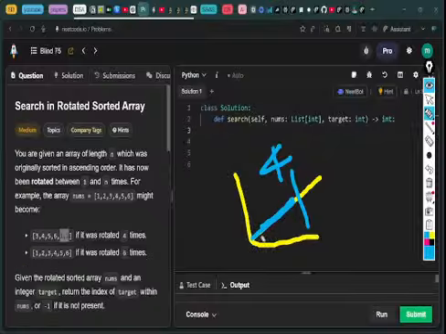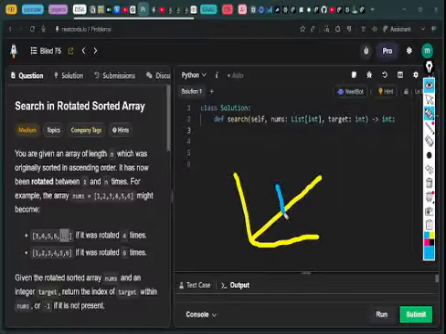So boom, boom, boom. So this is the middle. If the number is bigger than middle,